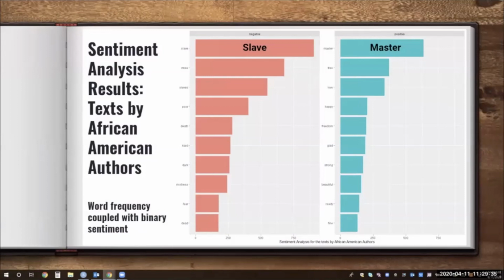If you notice the two top words of the sentiment analysis for texts written by African American authors, you will see a discrepancy that we were shocked to find. The top negative word used most frequently is slave, which is not a surprise considering the age and cultural history of the text set. However, if you look at the top word in the positive category, you will see the word master. While master has a positive connotation when discussing accomplishments, we had a feeling that this was not the connotation of master in the text selected. We returned to the literature to confirm our suspicion, which was found to be true.